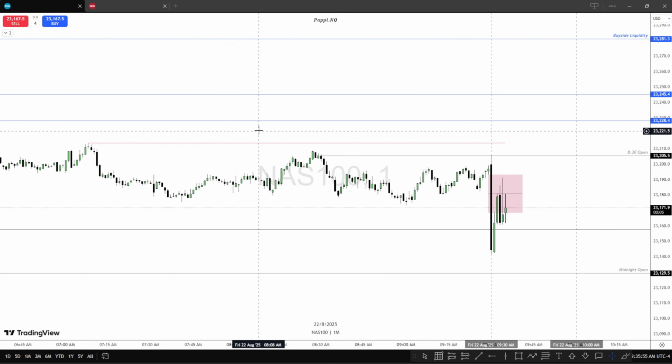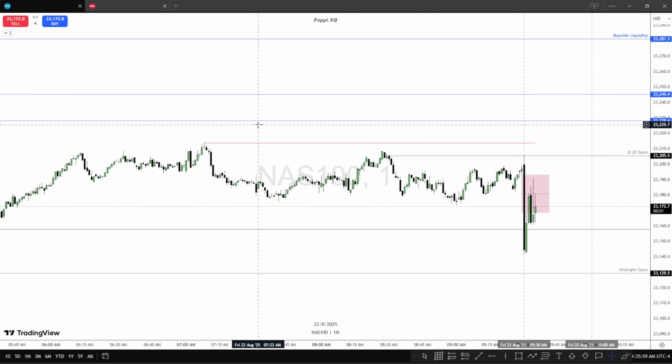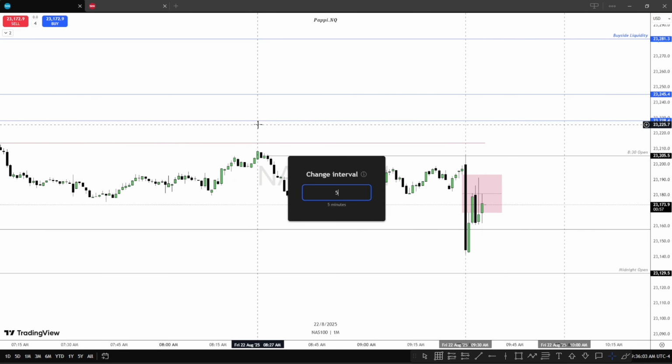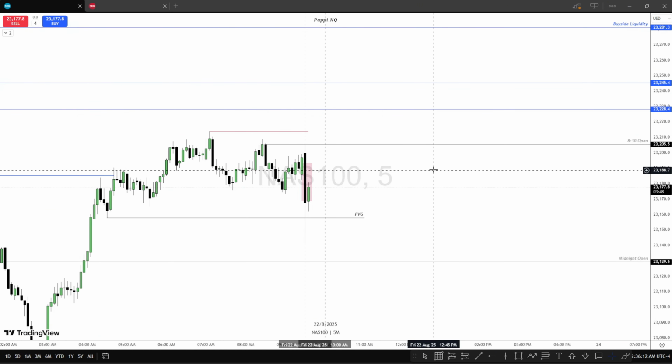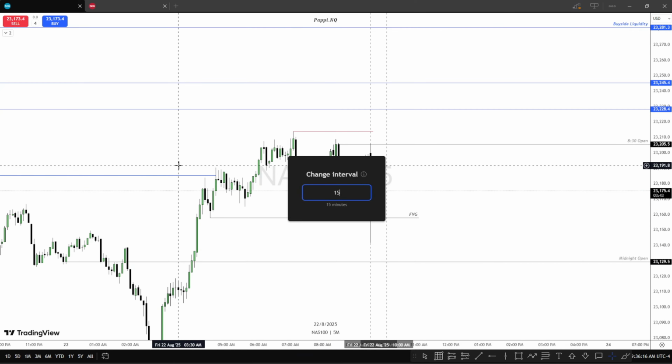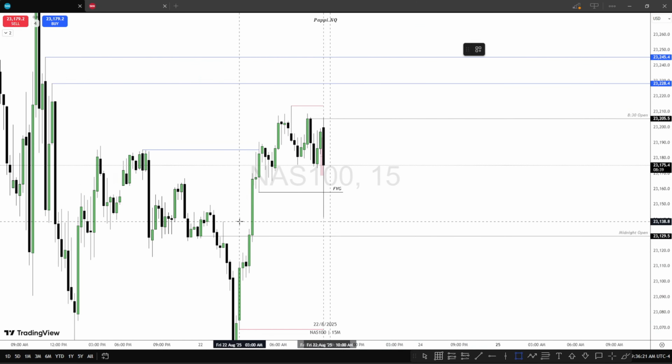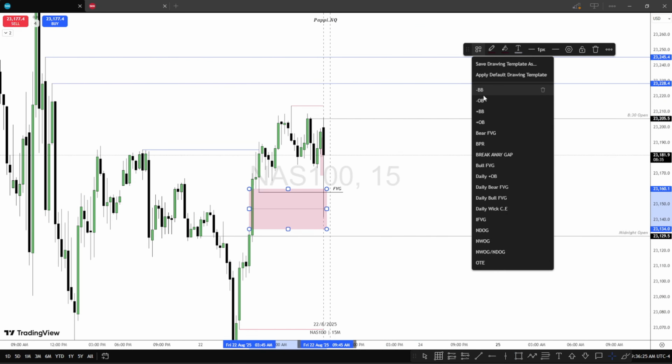I'm going to walk you guys down today's trade I took on the NASDAQ today. And this was a demo account trade that I took on the NASDAQ because today is a Friday. And yeah, as you can see here, the NASDAQ literally just tapped into this 15-minute bullish fair value gap